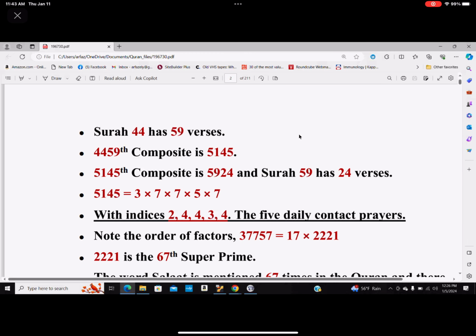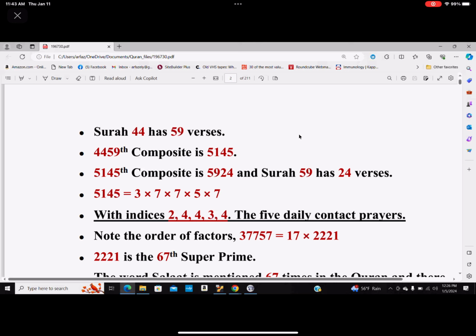44 has 59 verses. Smoke has 59 verses, chapter 44. The 4459th composite is 5145. The 5145th composite is 5924, and Surah 59 has 24 verses. Now, remember, this verse, the sequential verse number 5145, is verse 21 in chapter 59, okay, which has its own